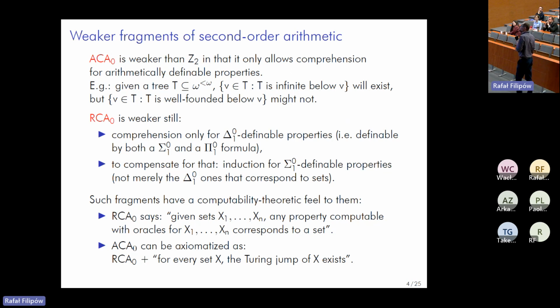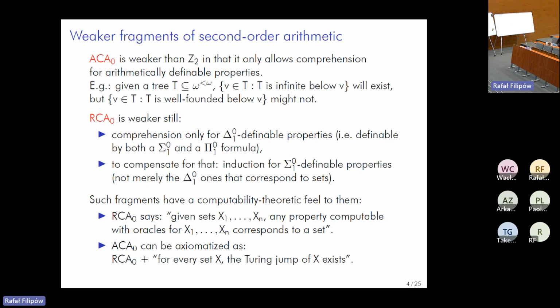Weaker fragments, they have a more computability theoretic feel. I wanted to discuss two of them for now. There will be a few more later on. So arithmetical comprehension, ACA0, is this theory that you get by allowing yourself to form only sets corresponding to arithmetical